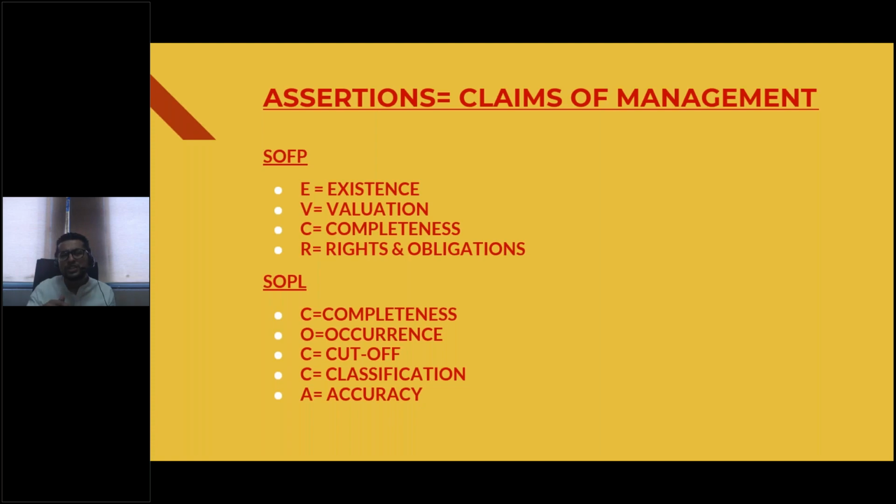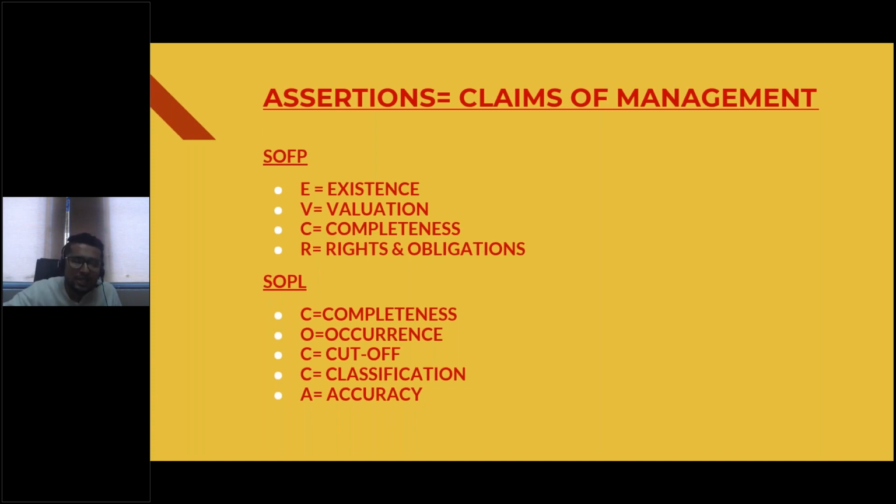have a situation in which there are 5 liabilities, but you are recording only 3. You don't wish to record the 4th and the 5th liability, because that will compromise your financial statements. So completeness is an issue which is not heavily associated with assets, because as a management, you would like to incorporate each and every asset. You won't miss anything. So completeness is not an issue when it comes to assets, but completeness is an issue when it comes to liabilities. So what does completeness mean? Each and everything which should be recorded has been recorded by the management. That's what you are claiming, and that's what I need to verify.